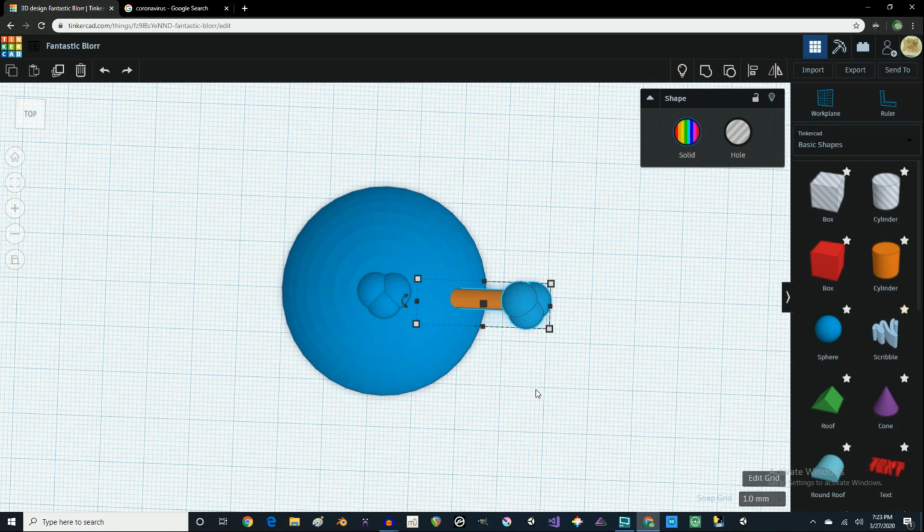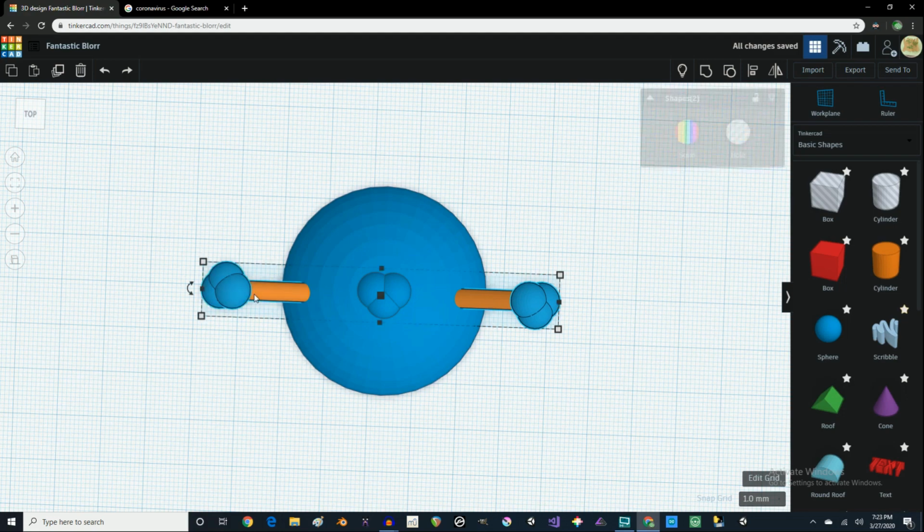Alright, very good. We're going to copy and paste that. Remember, these are all grouped together, so they're all one object now. Let's rotate it, bring it so it's about level with this one. Make sure these look about equal. I think that's fine. So let's grab both of these by holding down Shift and clicking on the other one,